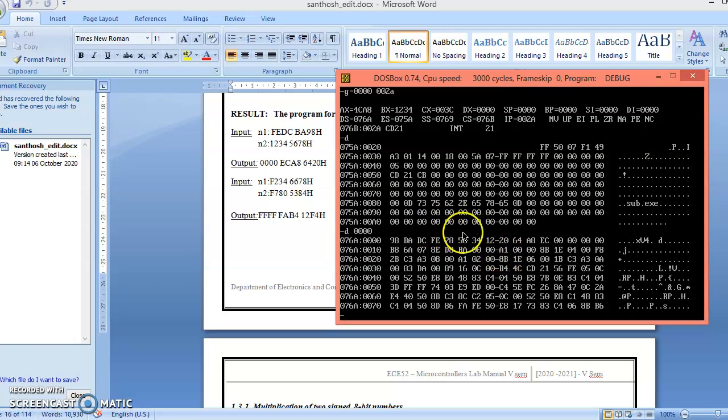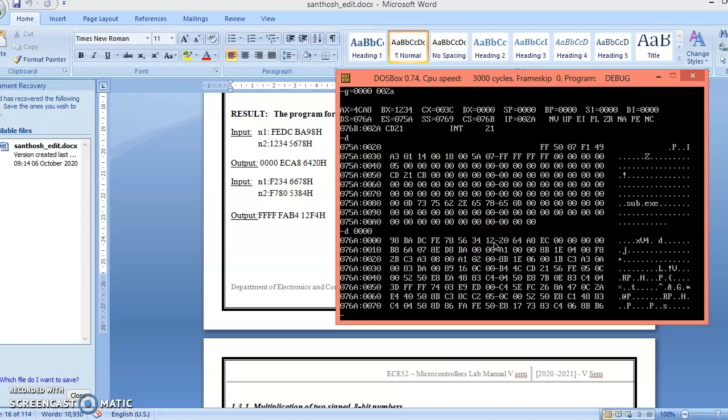And now we can see the output. The first one is 20. Then you can see 64. Then A8, EC. And I told you that there is no borrow here, so the carry flag is completely 0000. You can compare both these things. You got the address, and in this address you got the output for the subtraction.